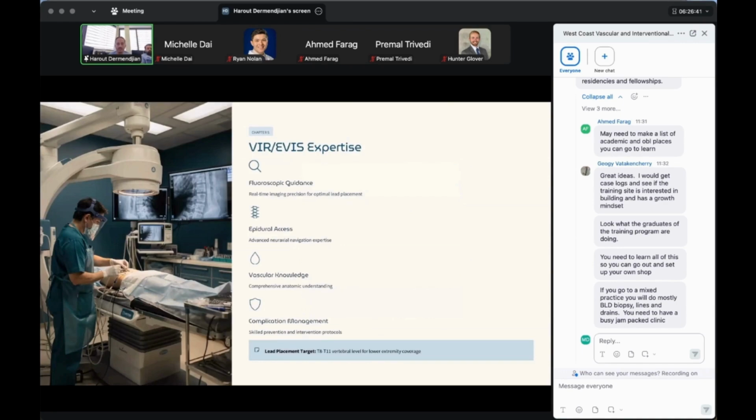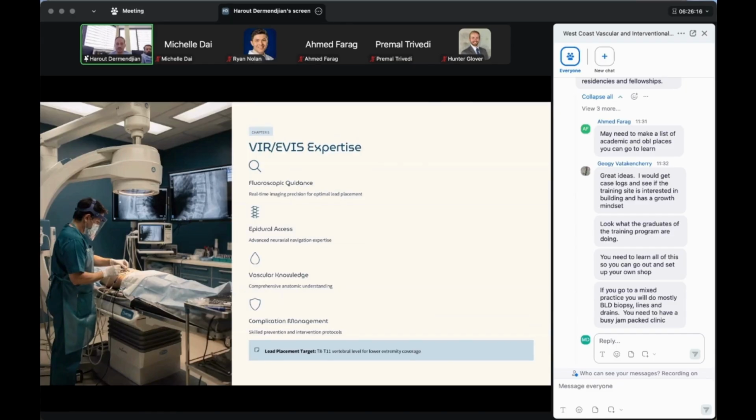And again, VIR is specialized in image-guided procedures, so why shouldn't we enter this space? When we started doing this procedure, the reps were like, this goes much faster in your hands compared to others, because there's a lot of specialties entering this space. It's gaining a lot of traction if it already hasn't, but it's something that we all have the expertise for.